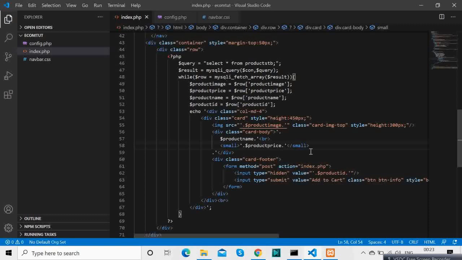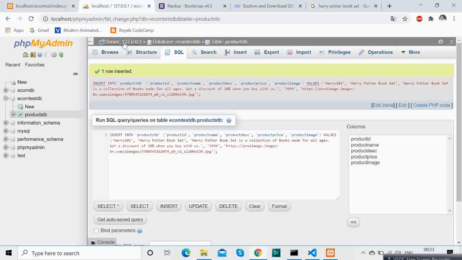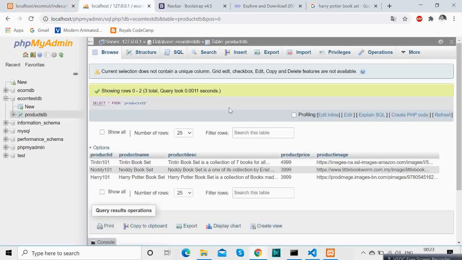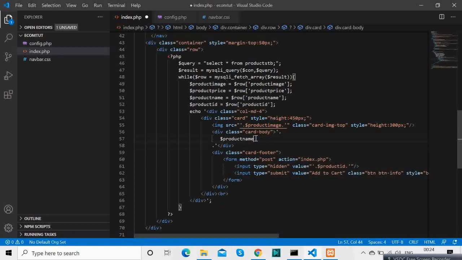Like we could have added a button to show the description of the product, which maybe in some later series I will be doing as well. But for now we want to just show the price, and then we will go to the cart. We will be adding that to the cart, and we'll be displaying it inside the cart. Everything will be done over here.